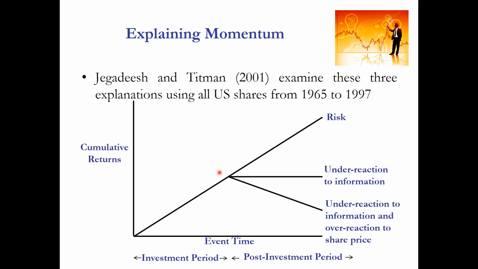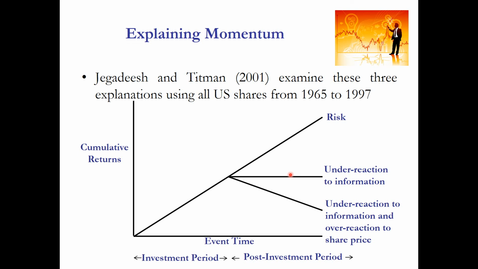Because once the price gets to fundamental value, there should not be abnormal returns systematically achieved either by winners or losers. So this pattern here, you can see the momentum phenomenon first, but then subsequently no abnormal return, which is consistent with the underreaction story.